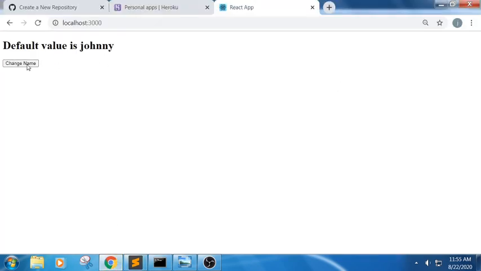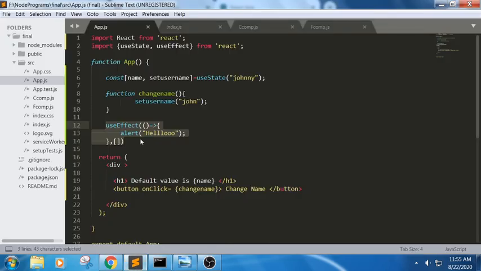Next we got this thing. So useEffect will try to load as soon as the web page is updated. So as soon as the web page gets updated, useEffect will be loaded here. For suppose, see here, the default value is Johnny. When the button is clicked, it is changing to John, but I want to make sure the default value will be something else. For example, see here, I am trying to write Joe,